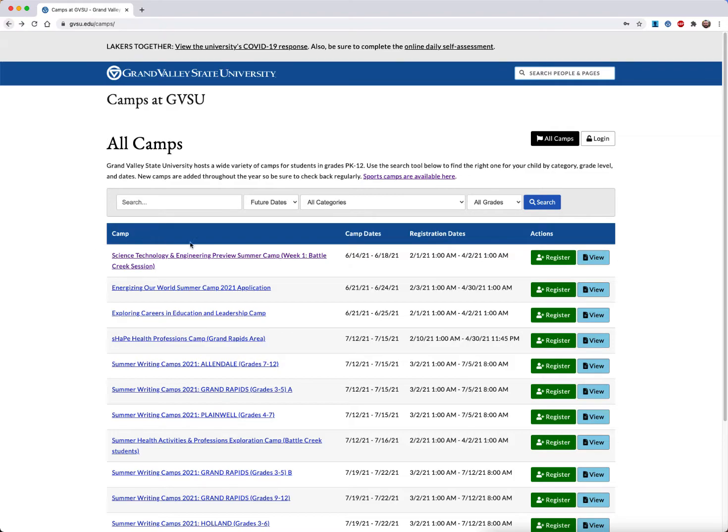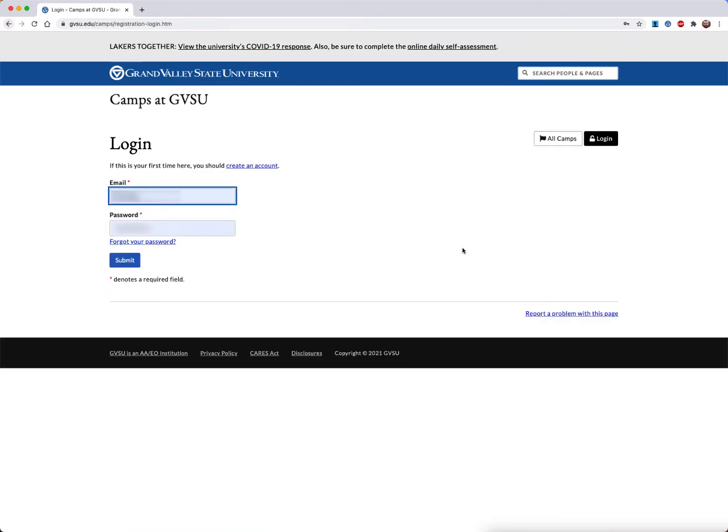To do so, you can go to register for an event or click on the login button that you see here. Once you click on that button, you will be brought to a page which will ask you to log in. If you've registered in the past, you can simply type in your email address and your password and click on submit. If you've never registered before, you will want to click on the hyperlink that you see here that